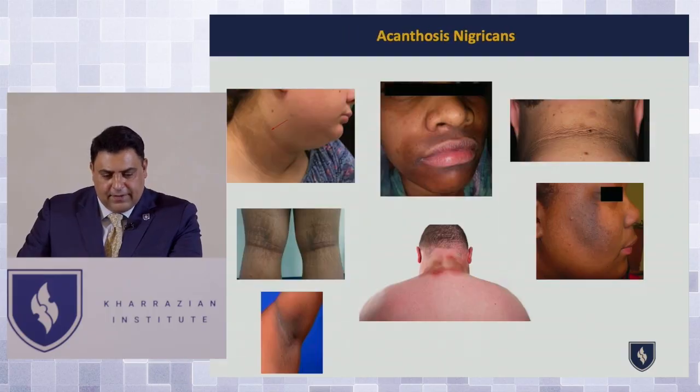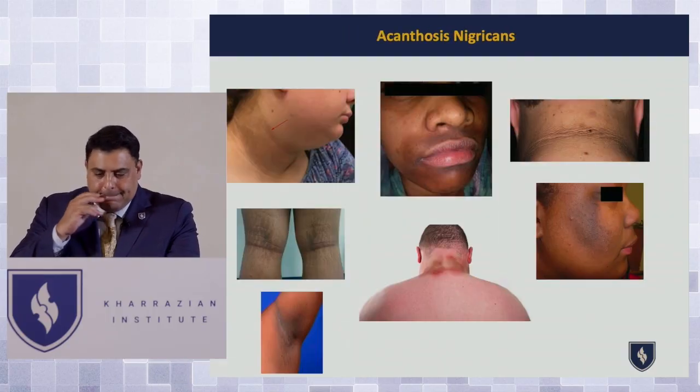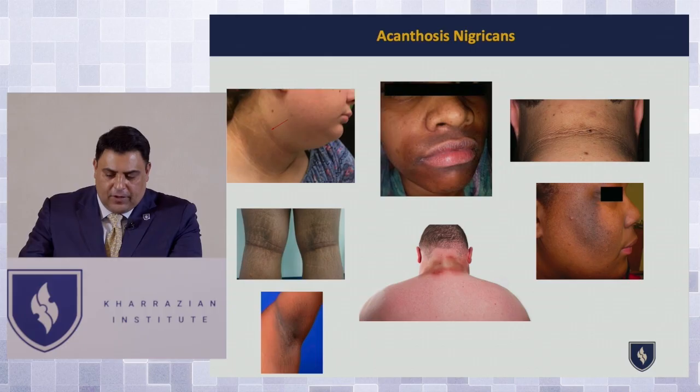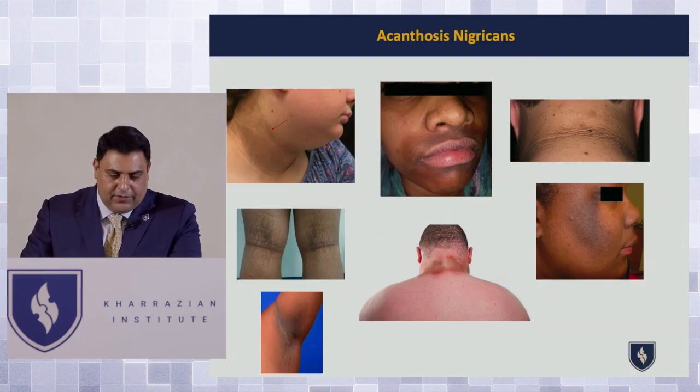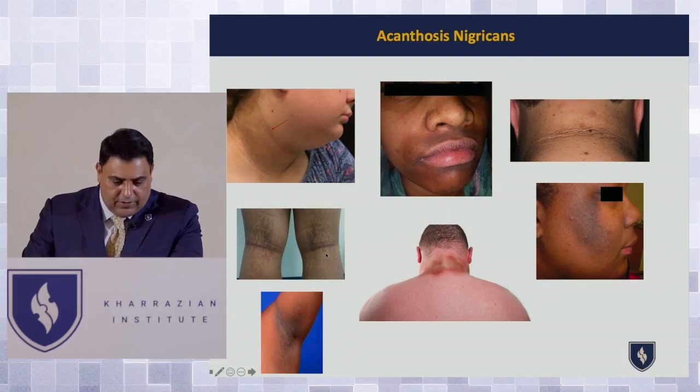With people that have significantly elevated glucose and insulin for a long period of time and high degrees of hyperinsulinemia, you can have some changing of their skin where they have this brown to black, poorly defined hyperpigmentation of their skin. You can see that here in the neck. You'll see this with diabetics with high amounts of insulin. Here you can see it around the lips. Some people have it behind the neck fold or even on their skin. Whenever you see these acanthosis nigricans skin markers, these black markers, you know you're dealing with a patient that has